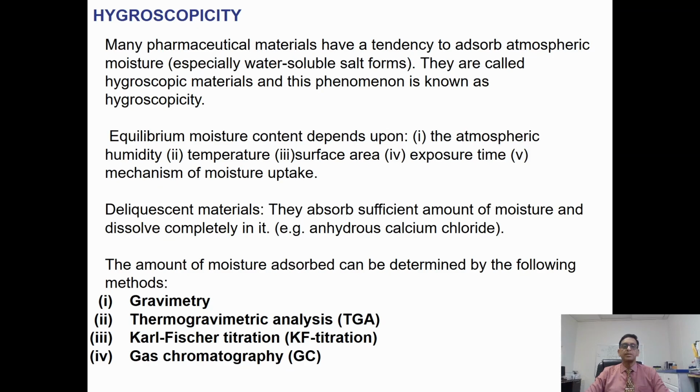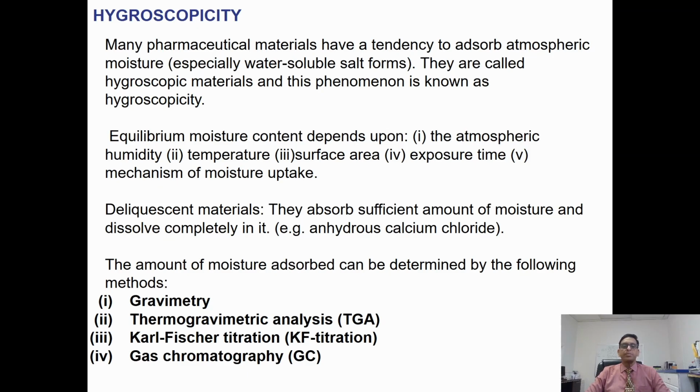Deliquescent materials can absorb a sufficient amount of moisture and dissolve completely in it. Example, anhydrous calcium chloride, which can absorb atmospheric moisture. The amount of the moisture absorbed